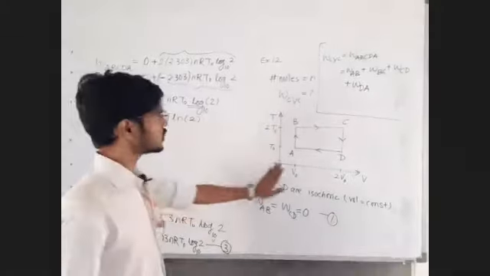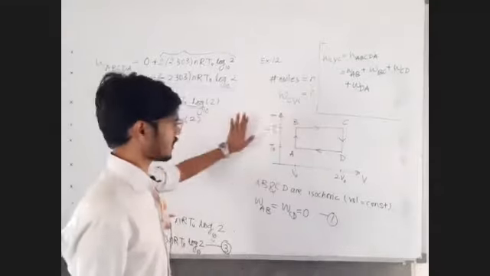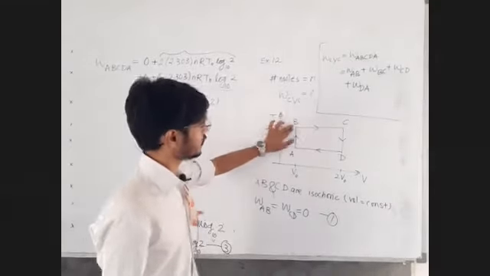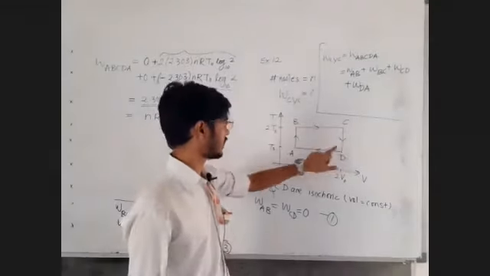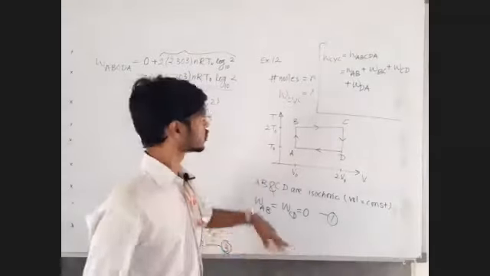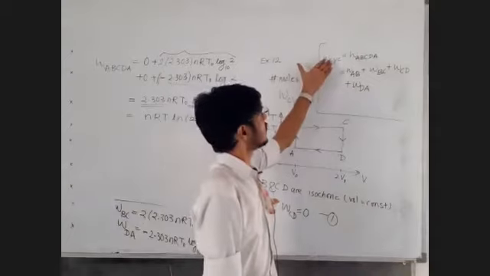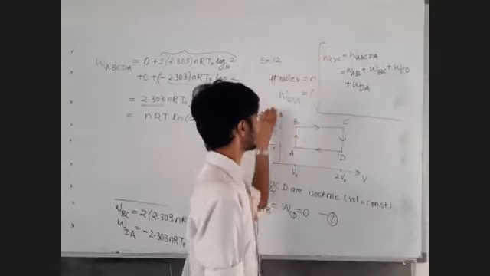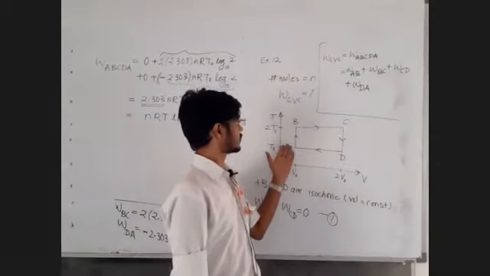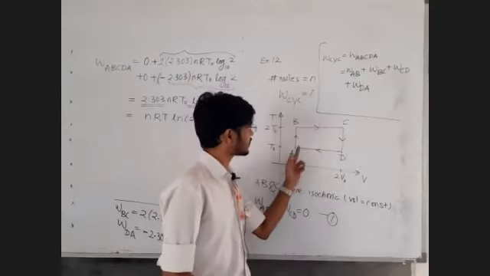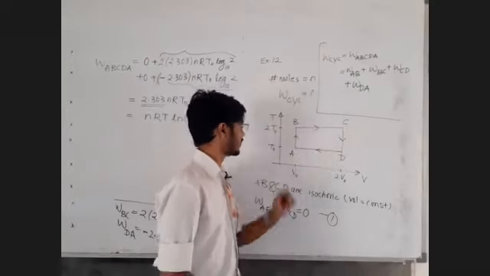So for each type of process I have to figure out the value of work done for AB, work done for BC, CD, and then DA, and then add all those to find the final work done. And the fact is, work done is a scalar value, so you can simply add them algebraically. So the total work done can be written as AB plus BC plus CD plus DA.